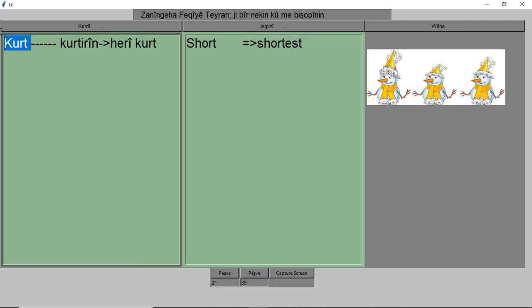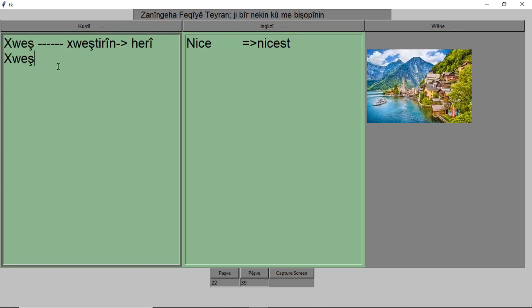Okay, so Kurtrin, as you see in here, Kurt means short, and Kurtrin, if you put trin at the end of the word, then it became the shortest. But also, if you simply put hari in front of this, it will become shortest. This is the rule. Khwashterin hari khwash,